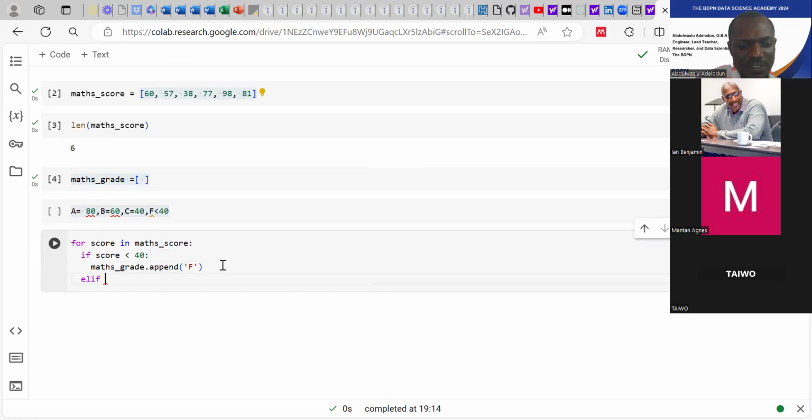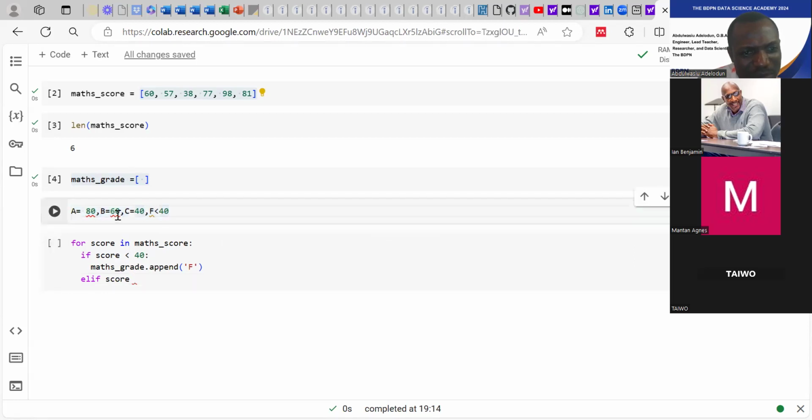Elif, if the score is equal or greater than 40... let's just say, since we are, let's pick this. If it is less than 60, let's use that. If the score is less than 40, the score should be F. If the score is less than 60,